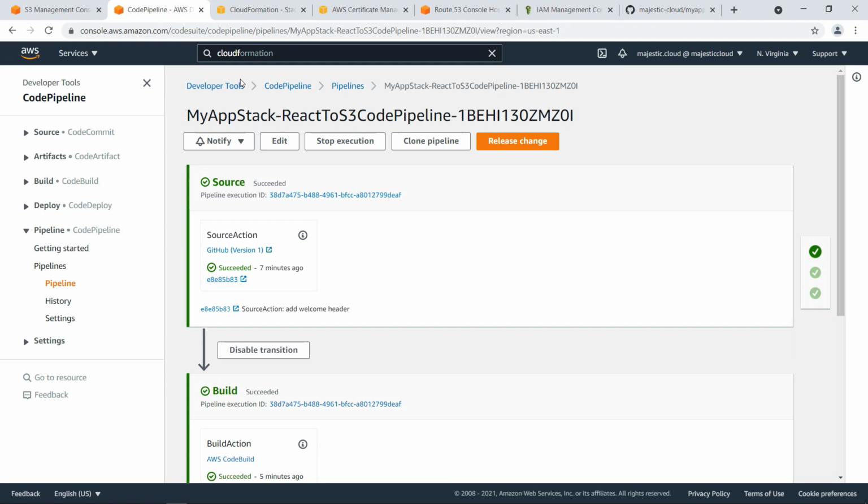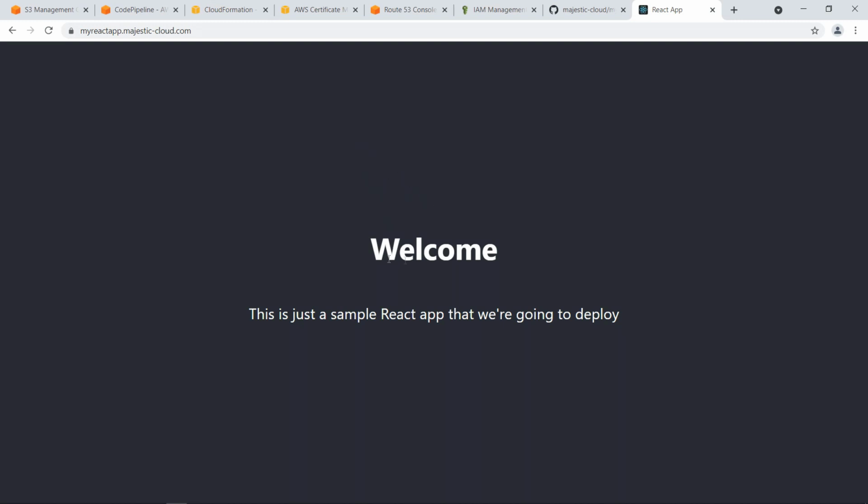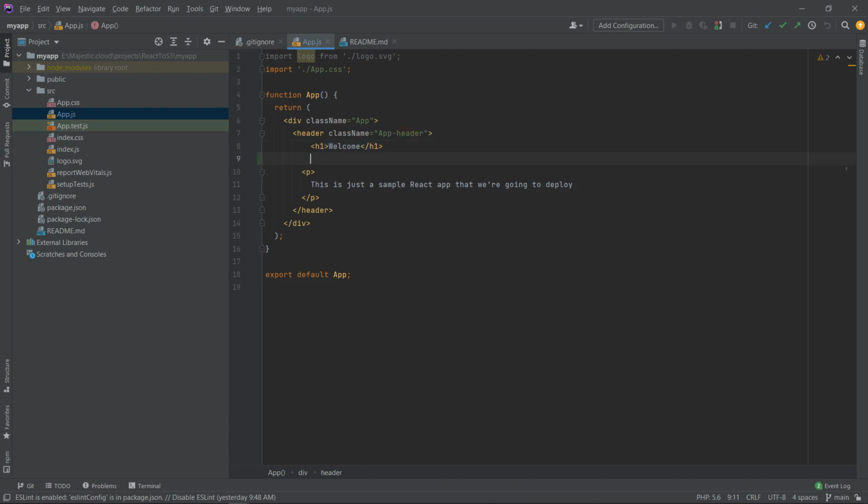So if I go to my domain, I should have my React app here, and it is here. And if I do now a commit, let's do another commit on this, and welcome, I will say a header to my React deployment